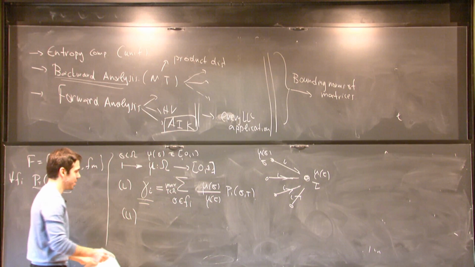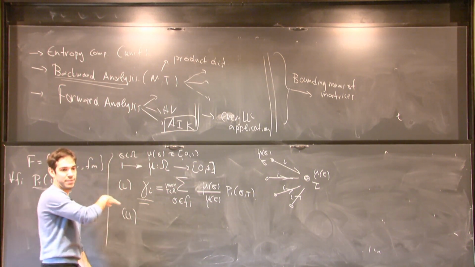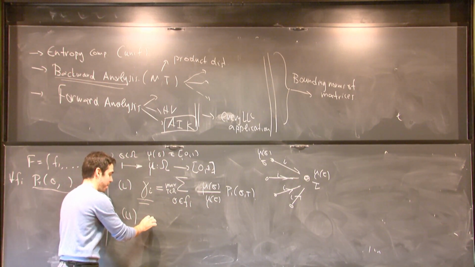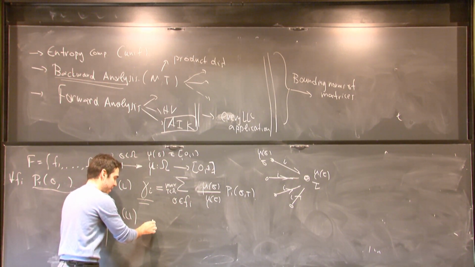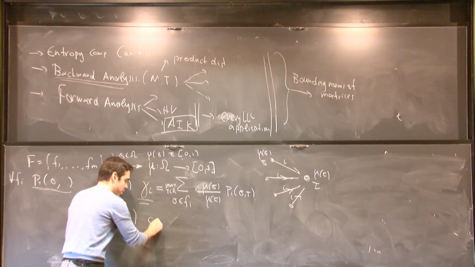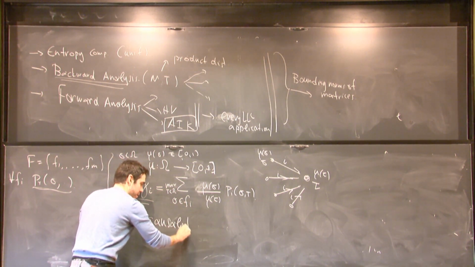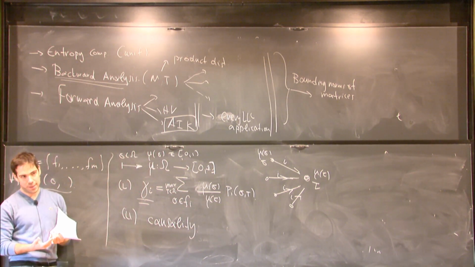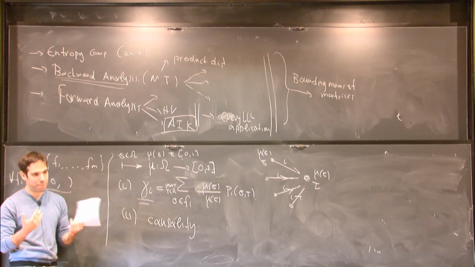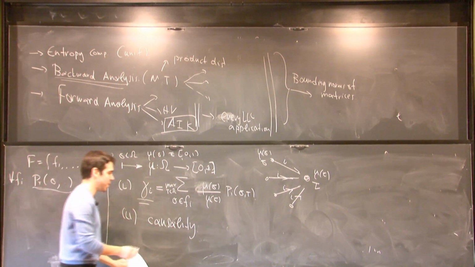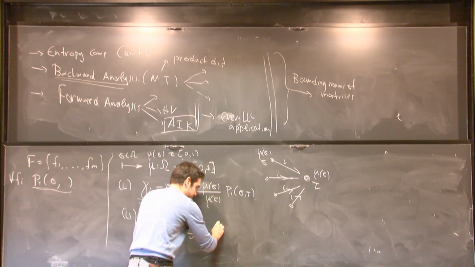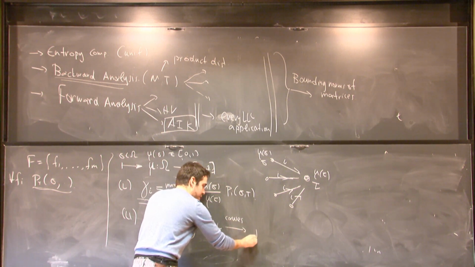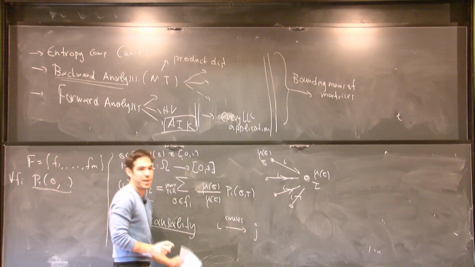So this is the first ingredient. The second ingredient is the following: you define this notion of causality between flaws. It plays a similar role, and in hindsight the same role, as dependencies in the local lemma. So we say that a flaw I potentially causes a flaw J if there is a